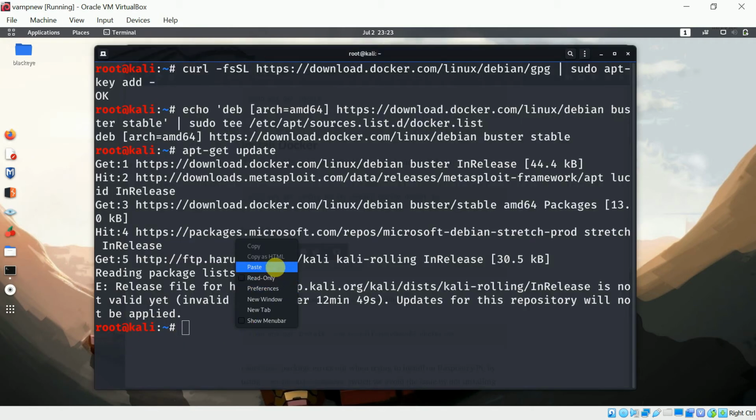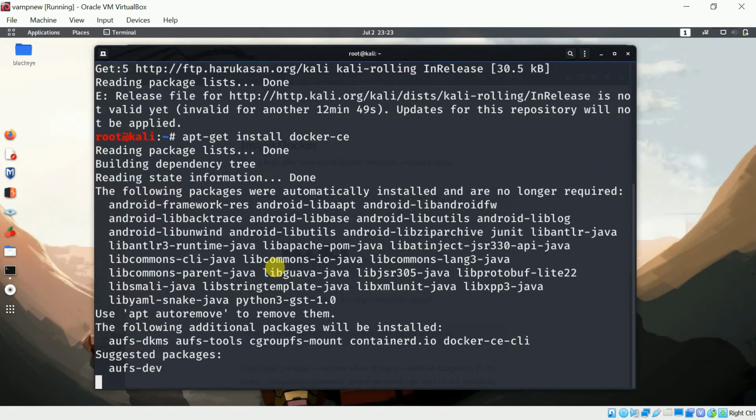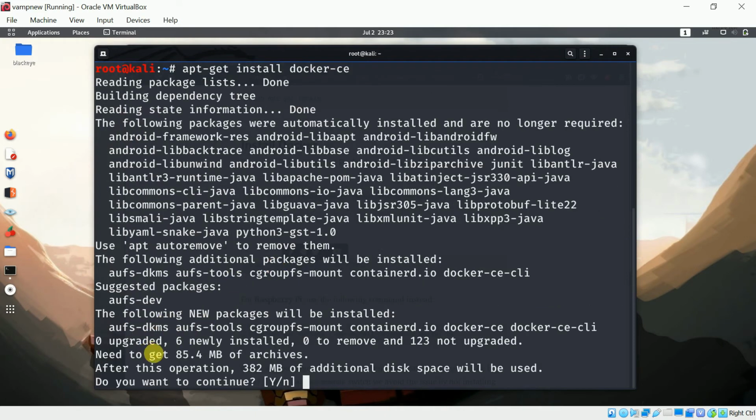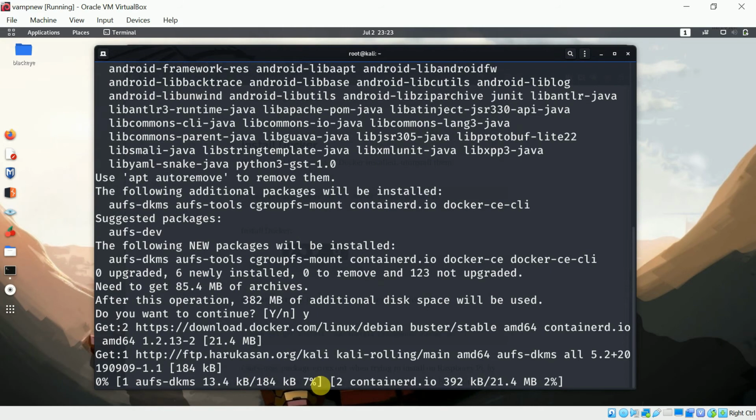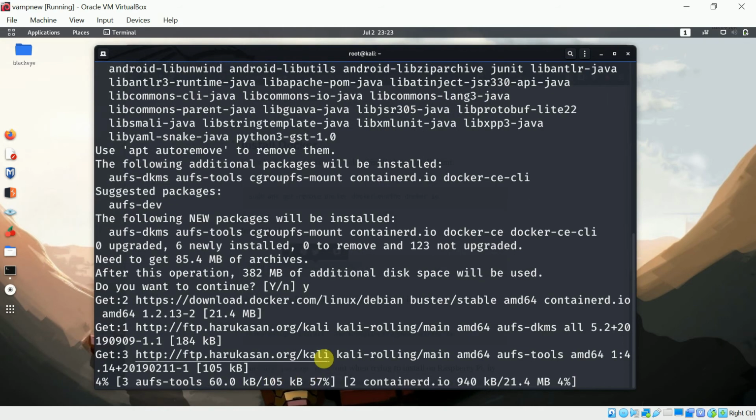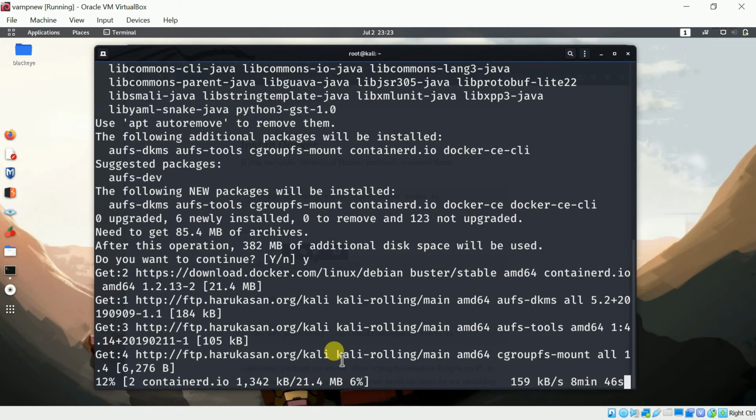I will just get back to my Kali terminal, and I will paste it here and hit enter. And now it's asking me that after this operation 382 MB of additional disk space will be used. So make sure that you have enough space to install this Docker. If you want to install it, just press Y here, hit enter, and now the installation procedure has started.